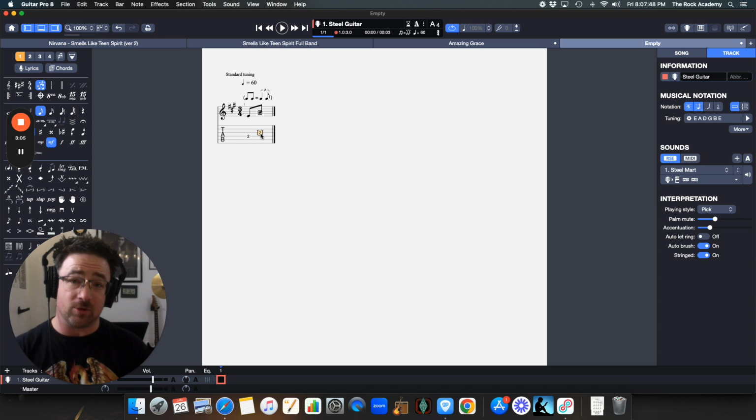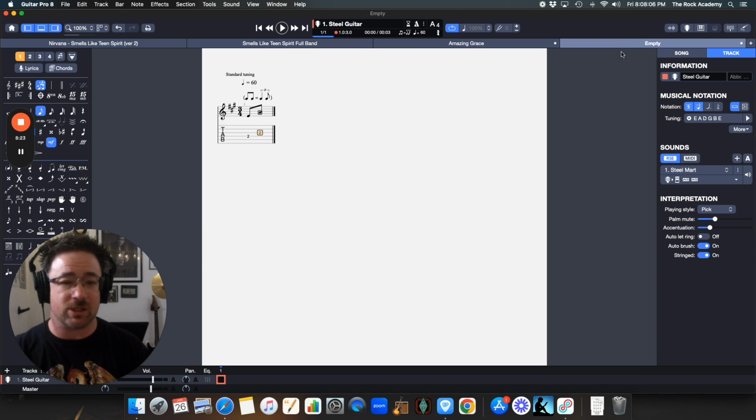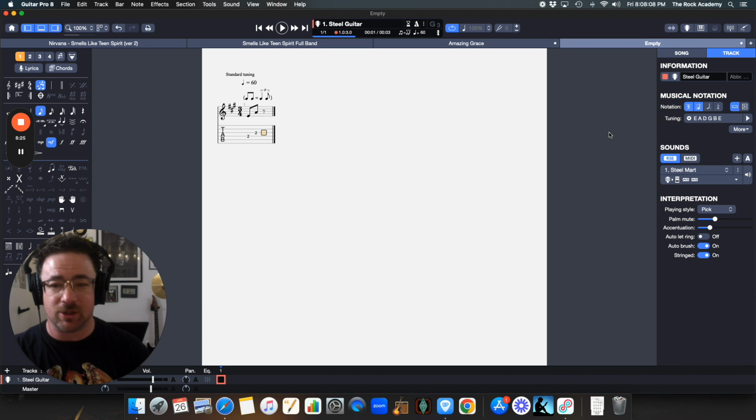And sometimes I will transcribe something and then I'll play it and I'll be like, you know what? I don't really like that way to play it as much. I would rather play it this way, and I will go back and change it in the tablature to make it easier. All right, so let's keep going with this for just a minute. Let's go on to the next note in this vocal melody. I'm going to just go over to the next measure all the way like that, and see how it goes